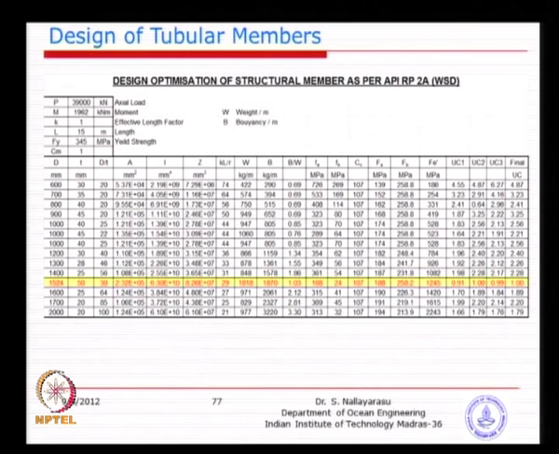So, all of them together I have put in each cell, and what is to be noted here, you just look at this column onwards, KL by R. You can see most of the KL by R is less than about 80, and that is what we were talking about. For primary structure we try to keep the KL by R less than 80, and then you look at the weight, starting from 400 kg all the way up to 1800 kg. The next one is the buoyancy, and the third one is the ratio of buoyancy to the weight.